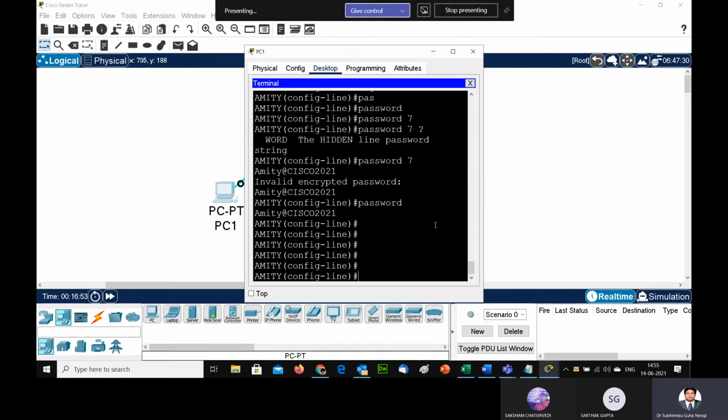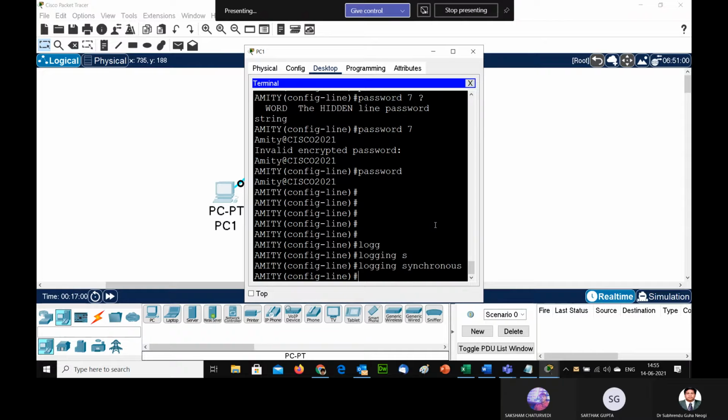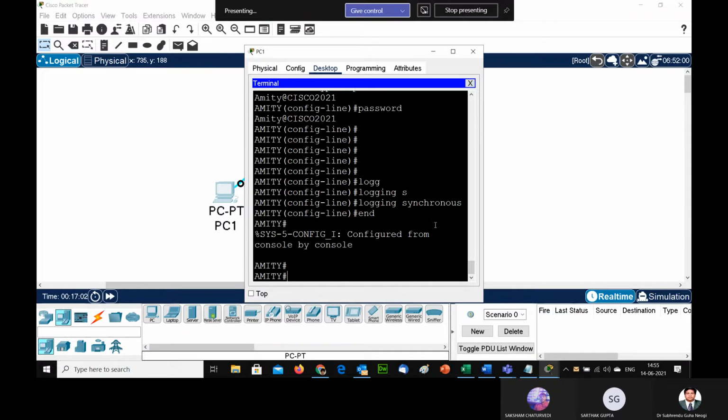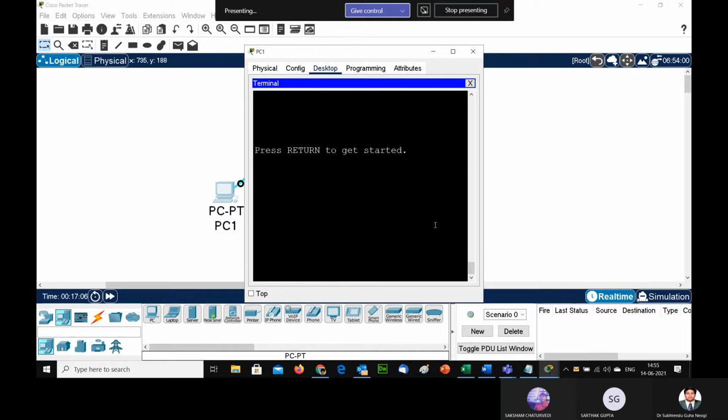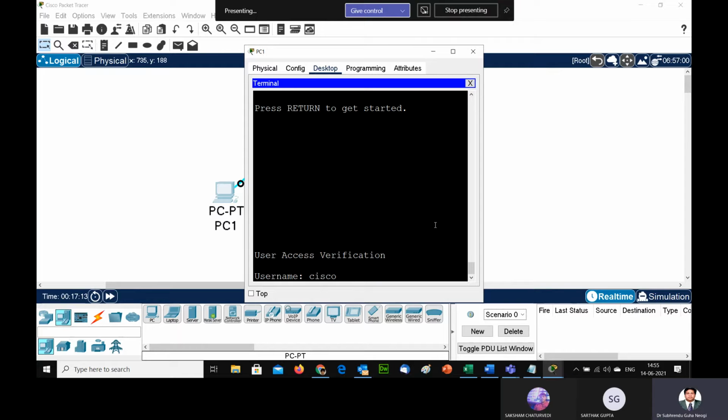Now it is asking for a username and password. The username I have already given is Cisco. The password is amity@2021.